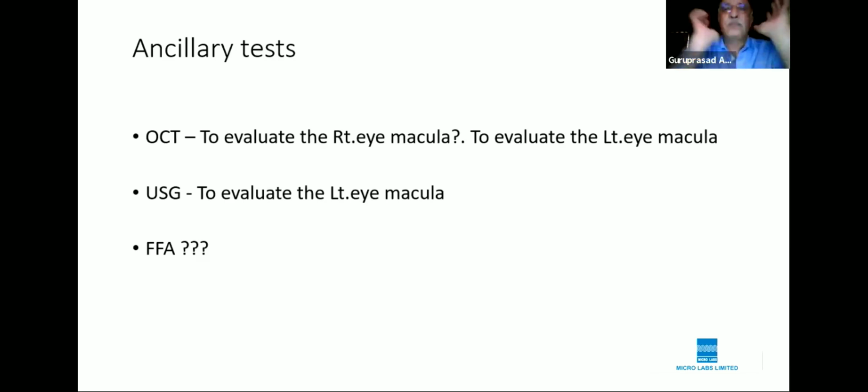And this patient has frank neovascularization in the right eye, and let alone neovascularization, there is fibrous tissue. There is severe fibrous tissue, fibrovascular proliferation in the left eye, which does not need an FFA to diagnose as a case of PDR, and therefore FFA has no role in this particular patient. Coming to management.